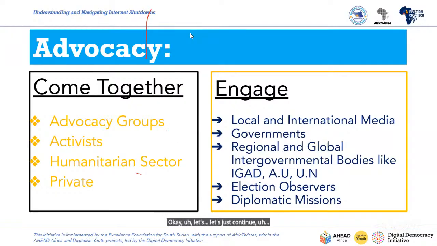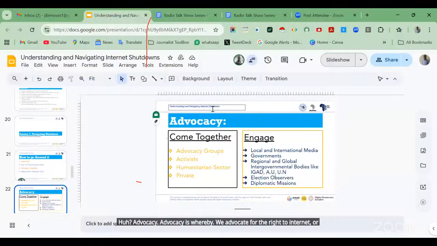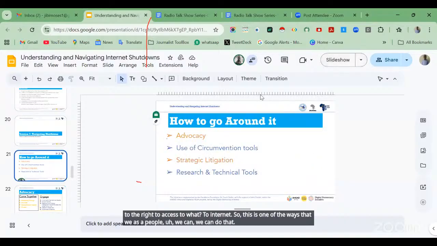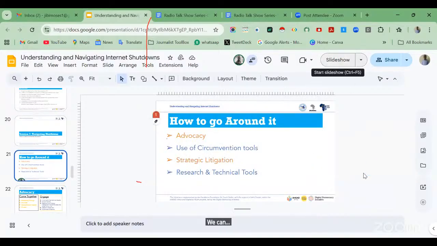Internet shutdowns. How do we go around them? One way of going around internet shutdowns is through advocacy. Advocacy is whereby you advocate for the right to access the internet. This is one of the ways that we as a people can go around internet shutdowns.